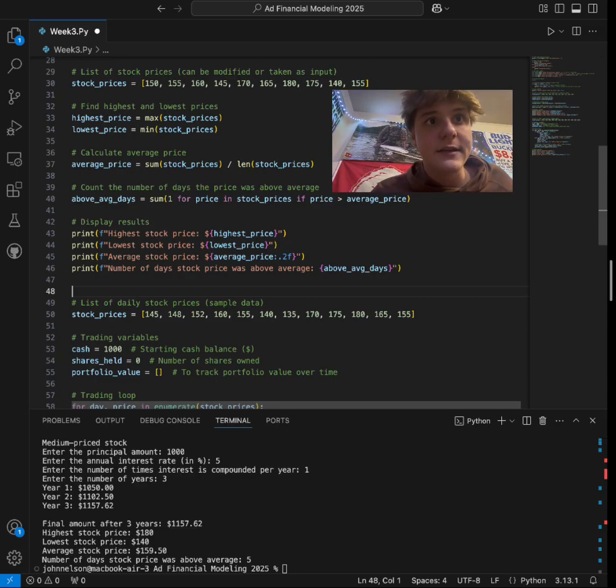So as we can see in our results, we put the same amounts in as last time. 1,000 was our principal amount, annual interest of 5%. We only compounded interest one time that year, and it was over a time of 3 years. And we can see that the final amount was $1,157.62. The highest stock price was $180. The lowest stock price was $140. The average stock price was